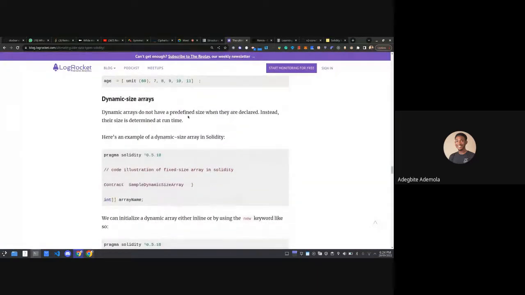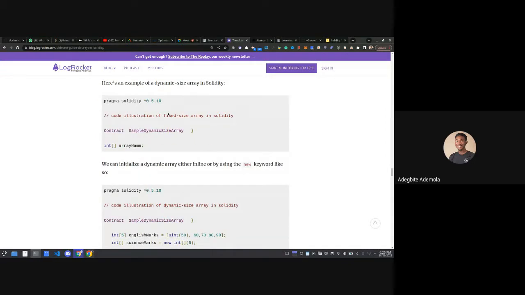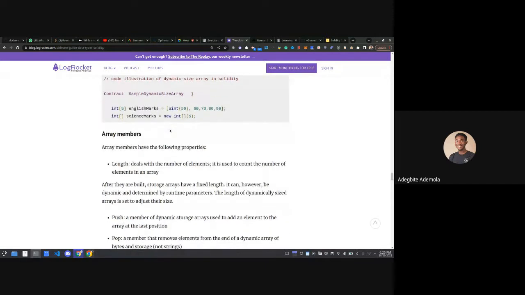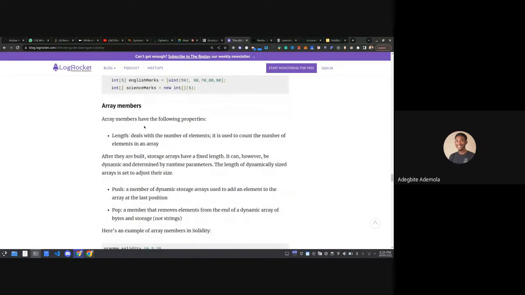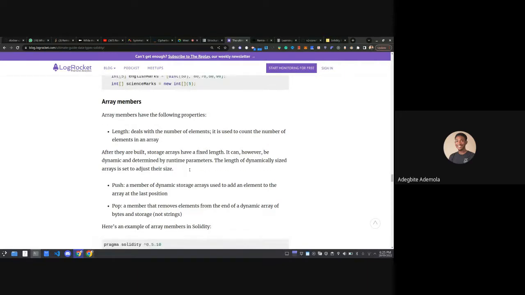So this is a dynamic size array. Dynamic size arrays do not have a predefined size when they are declared. Instead, their size is determined at runtime, that is, the number of items you push into them. You can initialize a dynamic array either inline or by using the new keyword. We are still going to see that. So array members have the following properties: length, push, pop, and